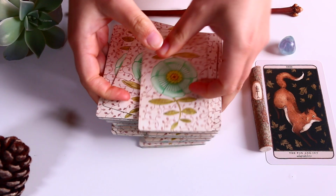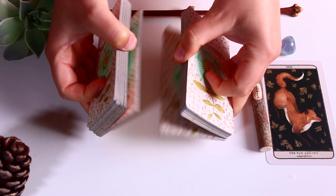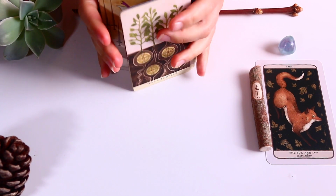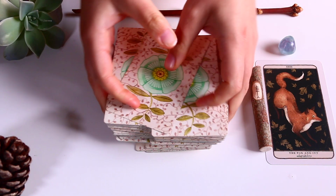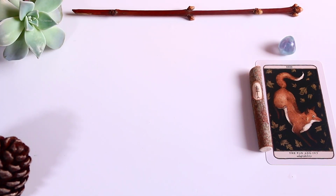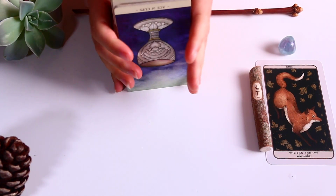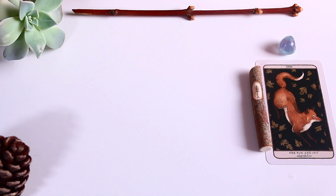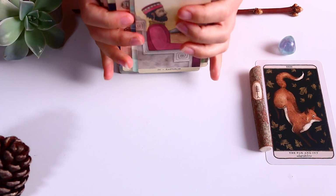possibly you feeling scared of something, feeling stuck as well, surrounded by stagnant energy. In some cases as well, defeated. And in some cases, it could be that you are dealing with some addictions. And so the Aspen is wonderful because the